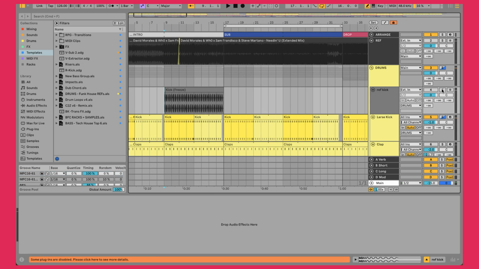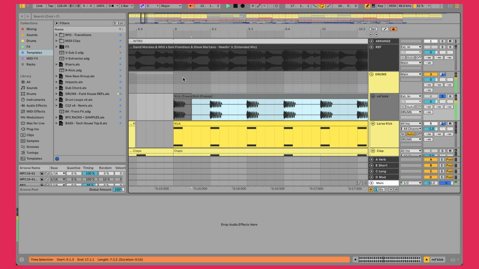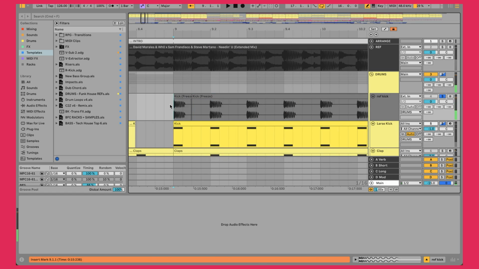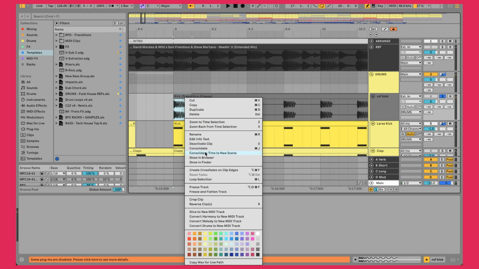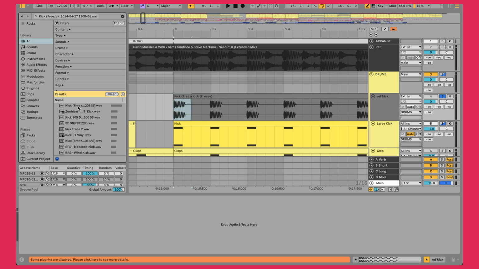So what I did was I just froze it, and this is what it sounded like. And then I isolated a piece of the kick here. I found a little spot of it once I'd extracted it. Then you can press show in browser and then press this little thing here, and it'll show similar sounds to this kick